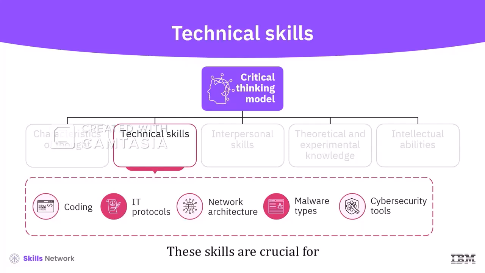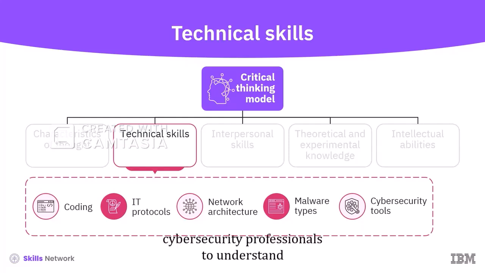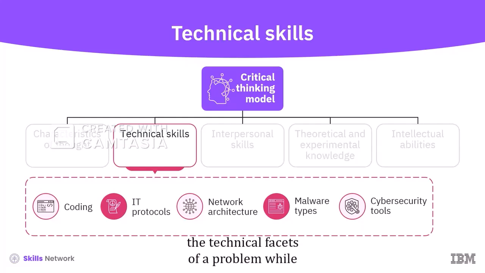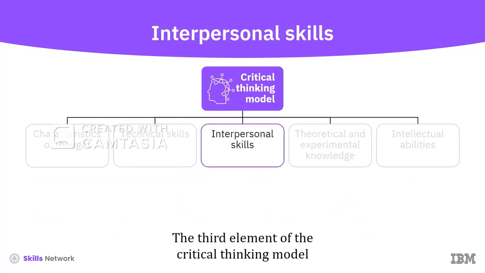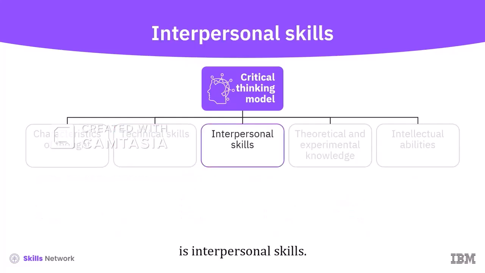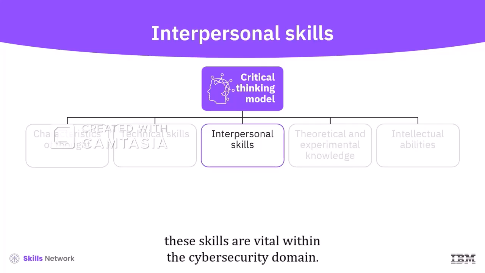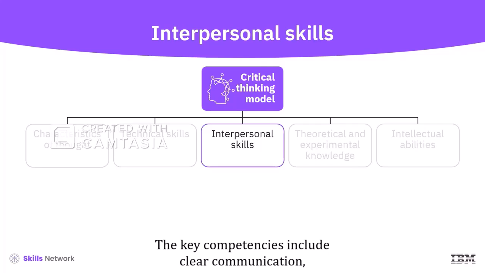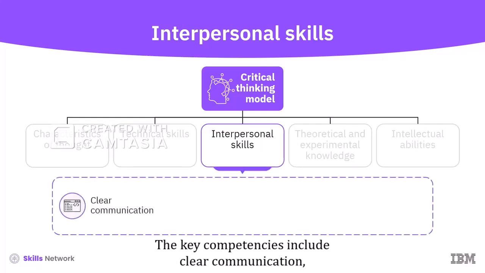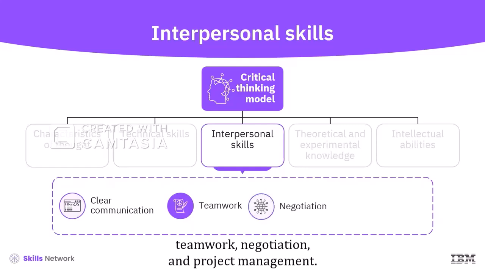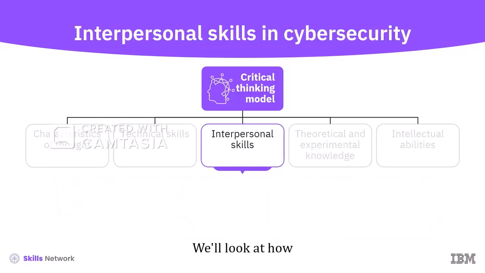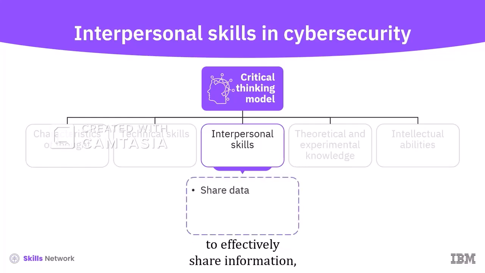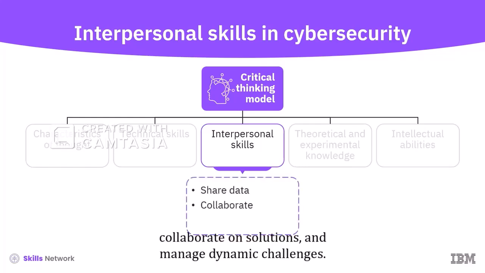These skills are crucial for cybersecurity professionals to understand the technical facets of a problem while devising a concrete, practical solution. The third element of the critical thinking model is interpersonal skills. Despite being often overlooked, these skills are vital within the cybersecurity domain. The key competencies include clear communication, teamwork, negotiation, and project management. We'll look at how these interpersonal skills are crucial for cybersecurity professionals to effectively share information, collaborate on solutions, and